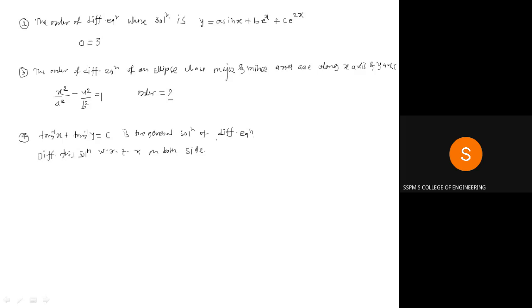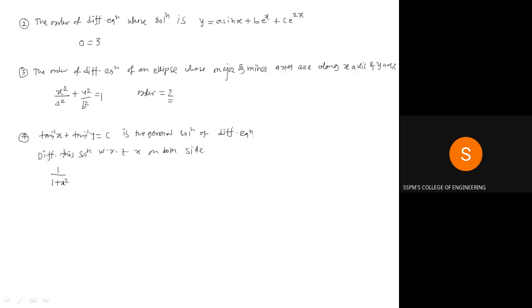So how to get the differential equation from the solution? d by dx of tan inverse of x, and what is the derivative of tan inverse of x? Yes, 1 upon 1 plus x square,